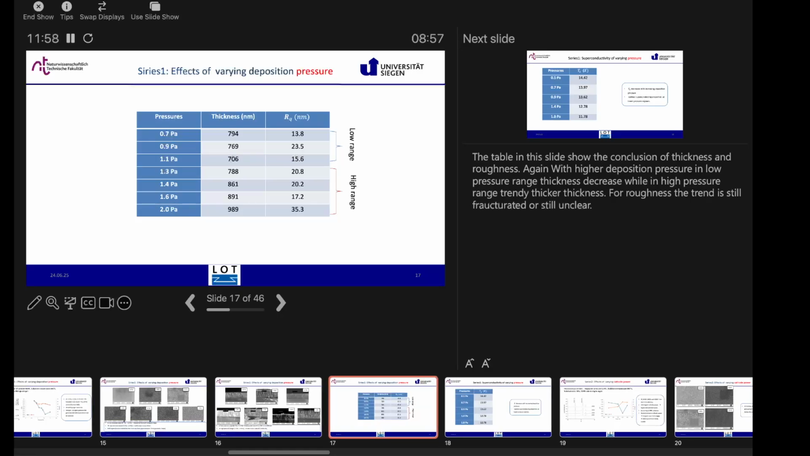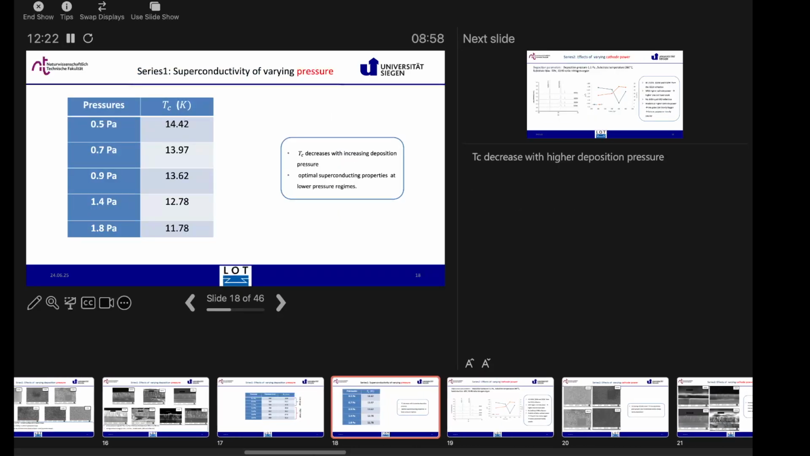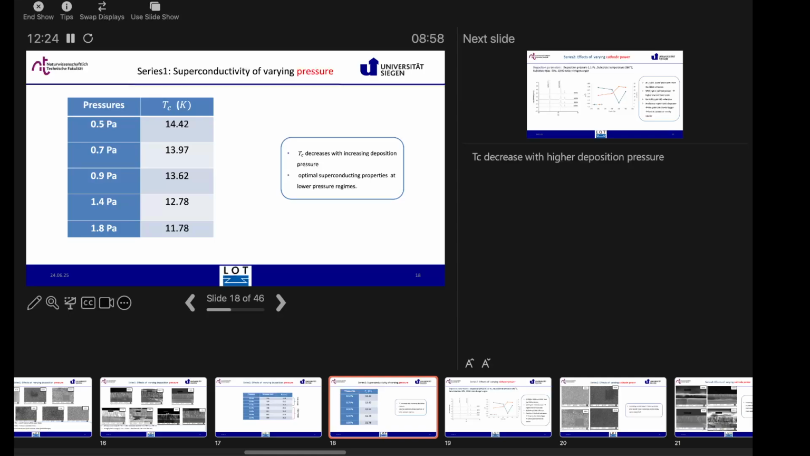We see the thickness at low pressure still decreases, while at high pressure it increases from 788 at 1.3 and ends up at 989 at 2 Pascal. For the roughness Rq, in both ranges it is still unclear. Now, coming to the superconductivity with varying pressure, we start at Tc of 14.42 at 0.5, and when